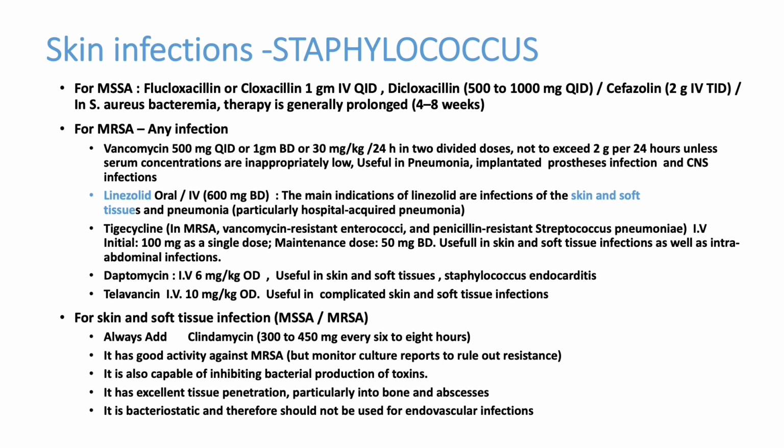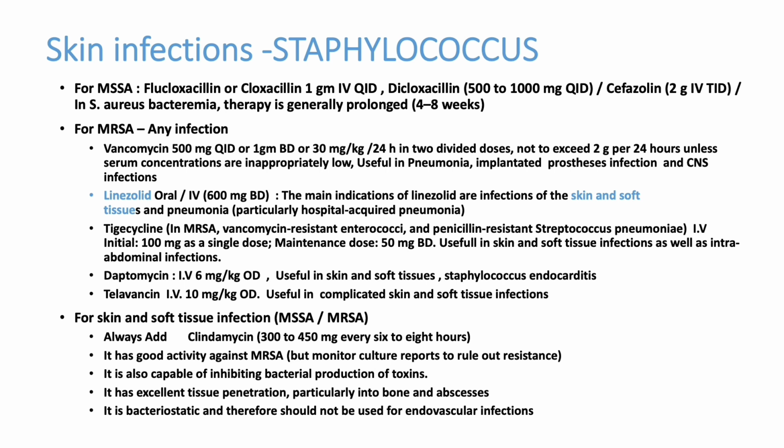So we have to go for additional drugs like vancomycin, linezolid, tigecycline, daptomycin and all. So normally if there is a skin infection, linezolid will be a good choice. But remember, when we are starting linezolid, look for platelet count. That can produce some amount of thrombocytopenia. So if a patient is already having thrombocytopenia, you have to go for alternative drugs. So linezolid is a good choice in staphylococcus infection if it is due to MRSA. If we don't know whether it is MSSA or MRSA, even then linezolid can be started.